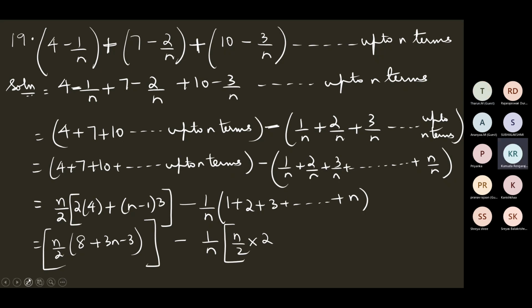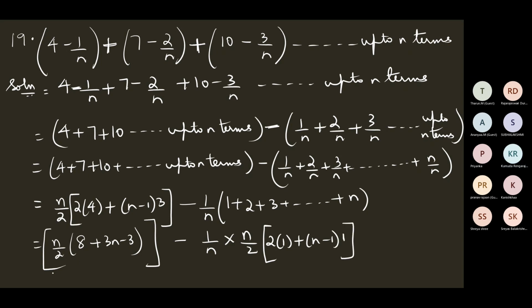Yes, ma'am. Let me put this n by 2 outside. Okay, so see, I'll just write it like this. n by 2. See this 1 by n as it is, into n by 2 of 2a plus n minus 1 into d, which is 1. So this is just